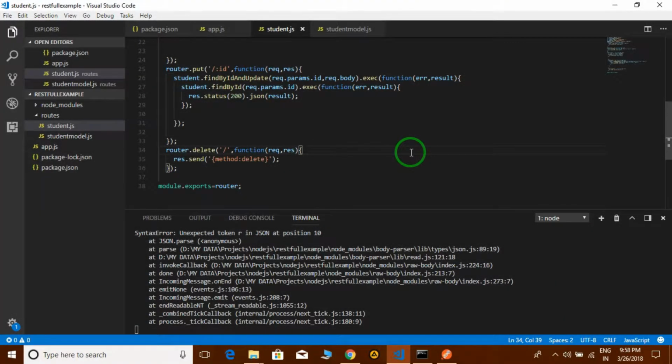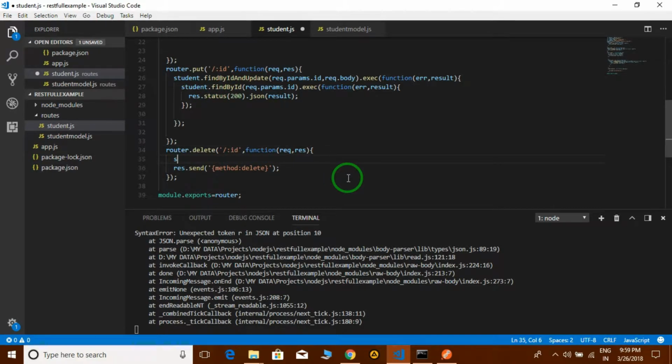Okay, welcome back to another RESTful API lecture. In this lecture, we are going to delete a record on the basis of ID. Again, we want to delete the record on the basis of ID, and this should be colon. Again, we have to call the same student